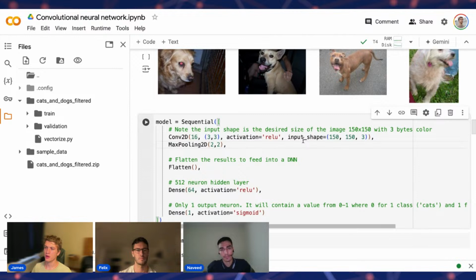That's good to know. And then the input shape is of course the shape of the image, and once you train your network using this input shape, you cannot change the input size without retraining. So you have to basically resize all the images that we feed into the network to make sure that they are